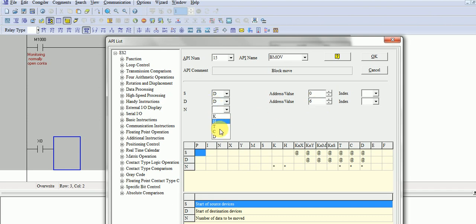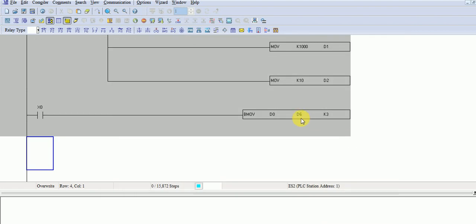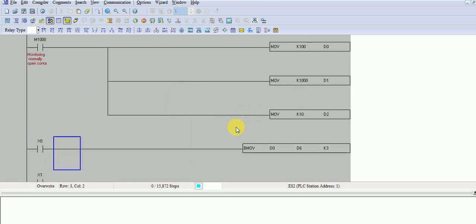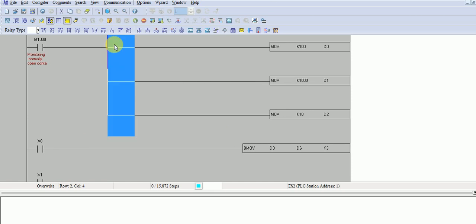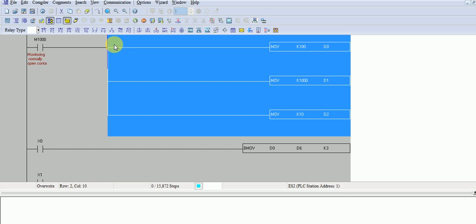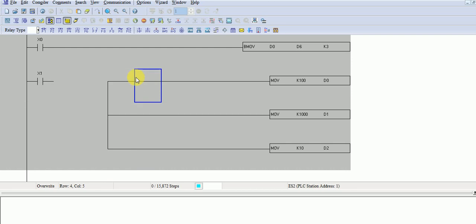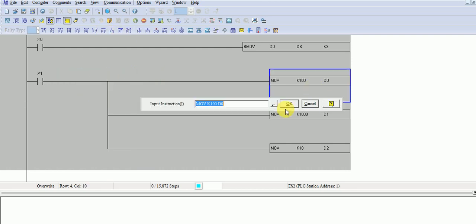We want to move three data registers, so I put 3 here. Now I take one input and again copy it, just to save my time, and change the value from D6.